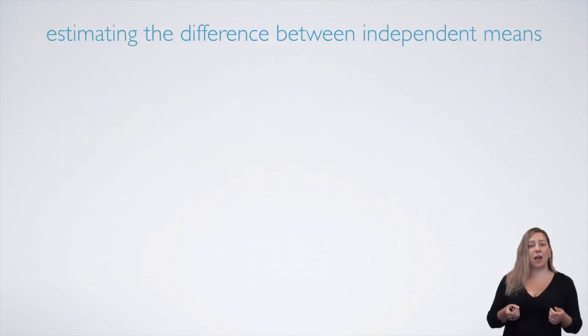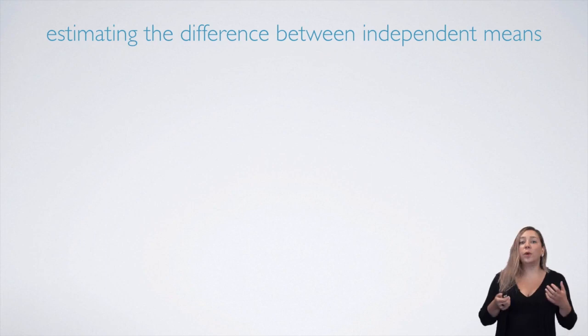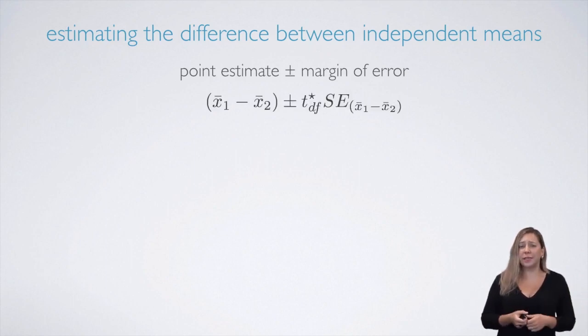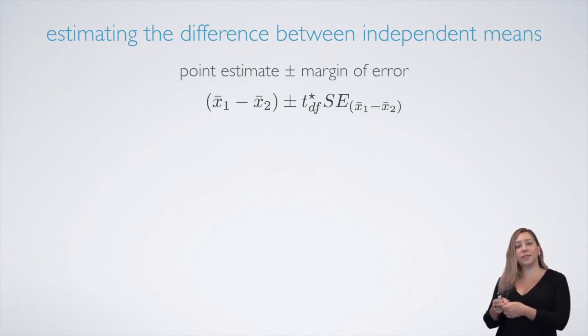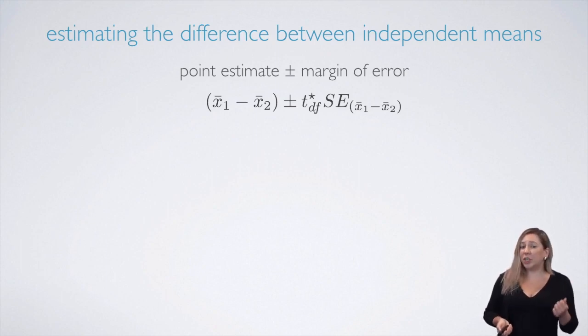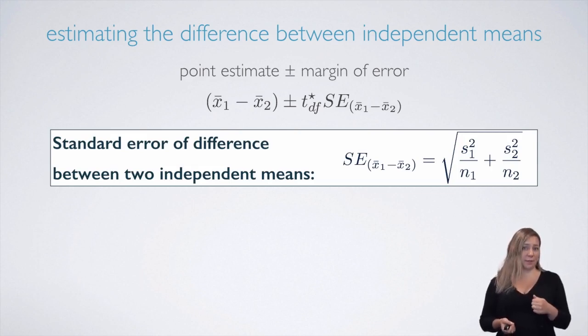Suppose we want to estimate how much more or less distracted eaters snack compared to non-distracted eaters. We would use a confidence interval for this, which is always of the form point estimate plus or minus a margin of error. The point estimate is the difference between the two sample averages, and the margin of error can be calculated as a critical value times the standard error of the difference between the two sample means. So the only new concept here is this new standard error, which can be calculated as the square root of the sum of the variances for each group divided by their respective sample sizes.